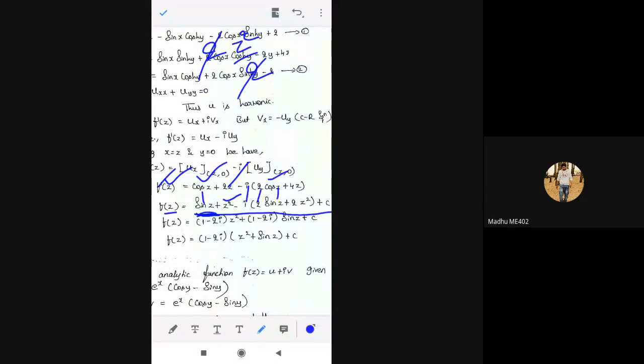4 into z integration, so 4 into z square divided by 2, 2 ones are 2, twos are... so we get 2z square plus c. So basic integration rules, like the integration of sin x, integration of cos x, integration of x power n formula. When you know these formulas, it is enough to do integration here. And you can keep your answer like this also.